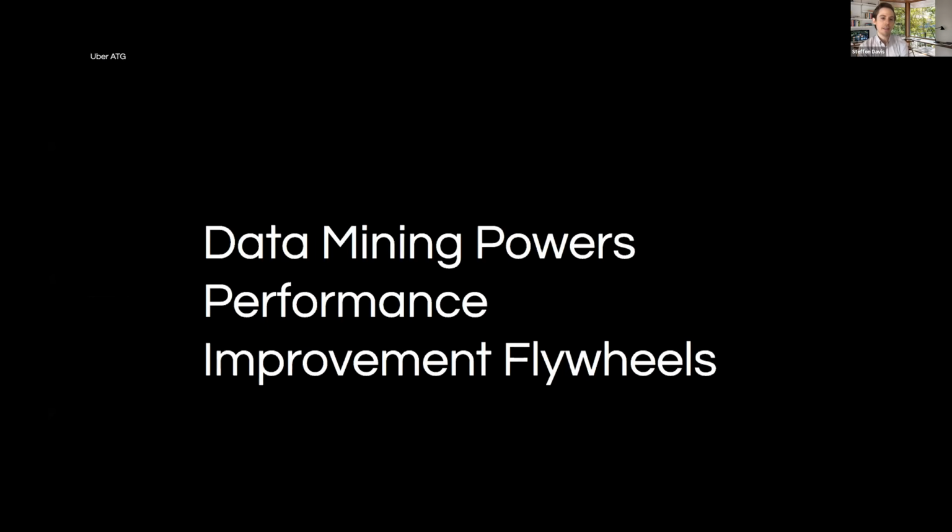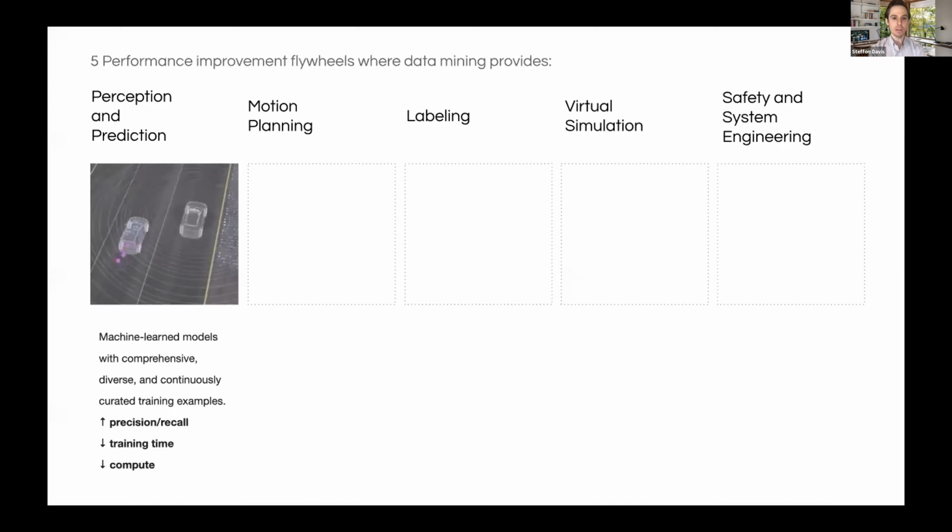Okay, let's jump in. Data mining powers performance improvement flywheels. So we're going to be looking at 5 different flywheels that data mining powers. The first is perception and prediction. So data mining provides machine learned models with comprehensive, diverse, and continuously curated training examples. This has the effect of increasing model performance metrics such as precision and recall, decreasing training time, and decreasing overall